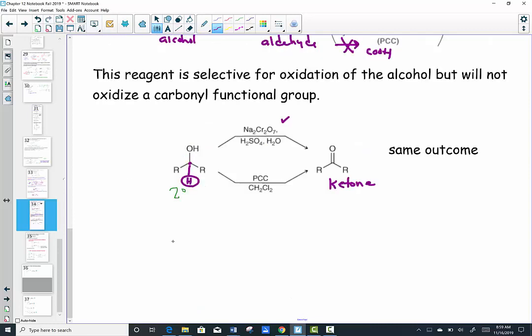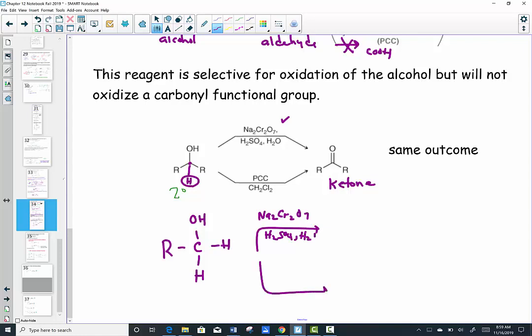If I started with a primary alcohol, just to remind ourselves, if this were our strategy, the primary alcohol, in the presence of your sodium chromate, in a workup of an acid in water, and we're going to come down and compare it here, this will form the aldehyde because it's